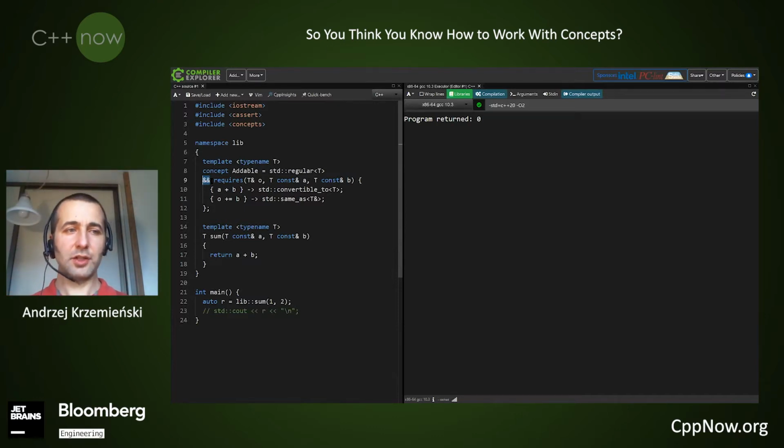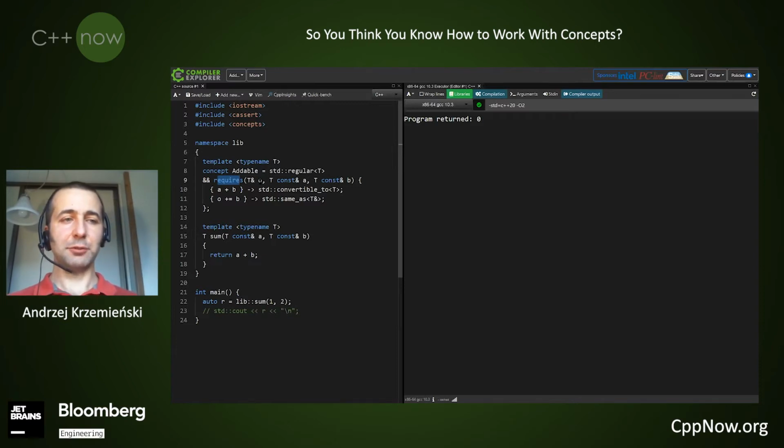It is a conjunction operator in the concepts world. And it has some different properties like compile time short circuiting and some other clever stuff.